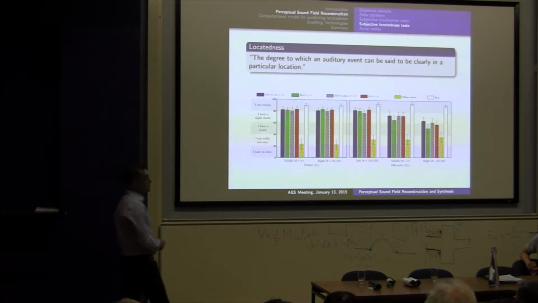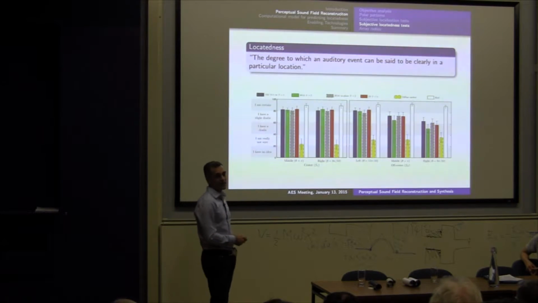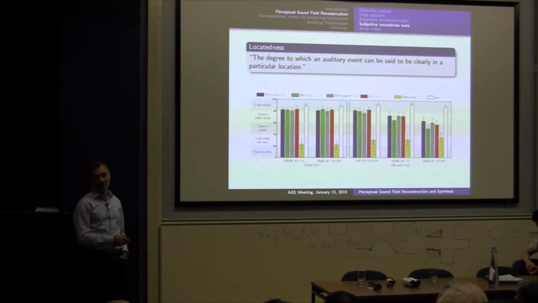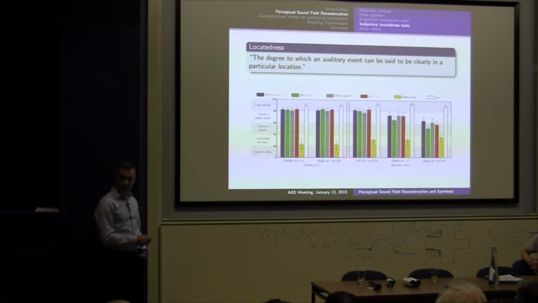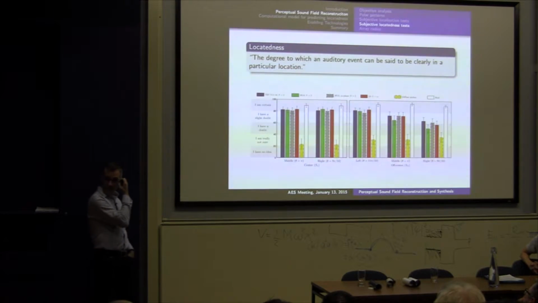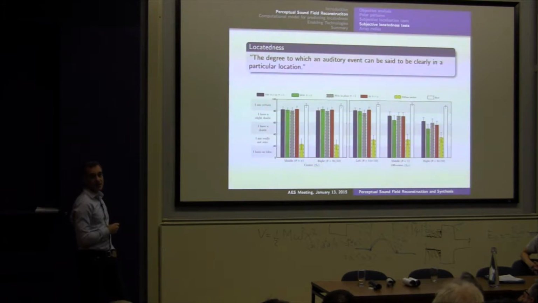Because most people would believe and argue strongly that intensity stereophony is crisper and more stable, etc., which probably is the case. And there are papers written on it, but nobody was evaluating time intensity with time and intensity cues being provided properly, which is what we discovered here. And we show that if you do that properly, then we actually have better stability and locatedness than intensity stereophony.